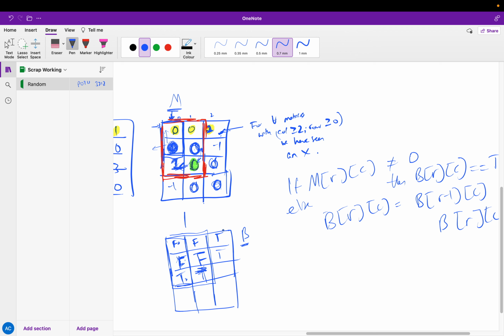And so I think, yeah, if you apply the same idea here for this 0, this is true, so ORing it will make true. For -1, you know it's true straight away. For 0, even though it's a 0, to the left and above it, there's a true. And then this will also be true because you look at that. So I believe